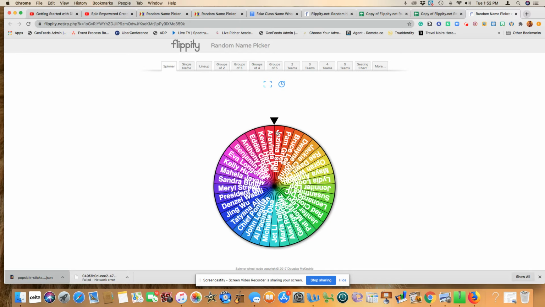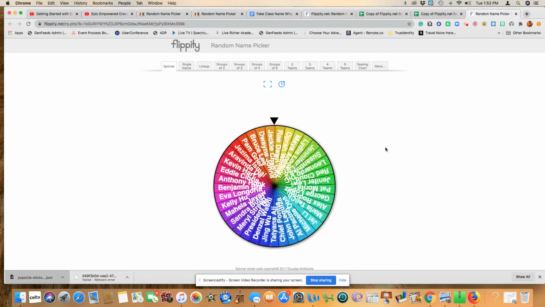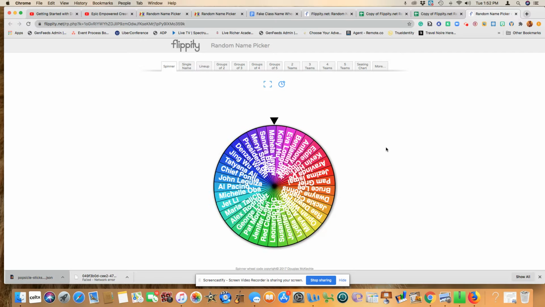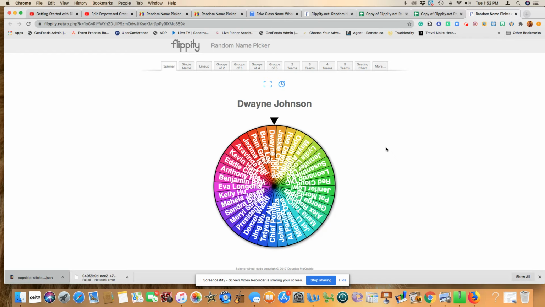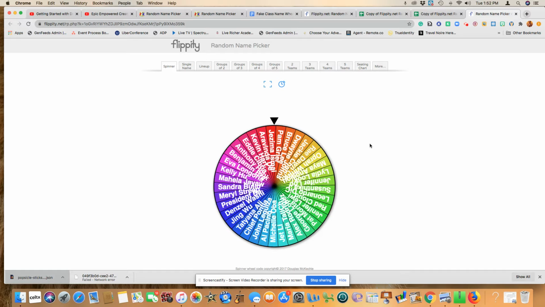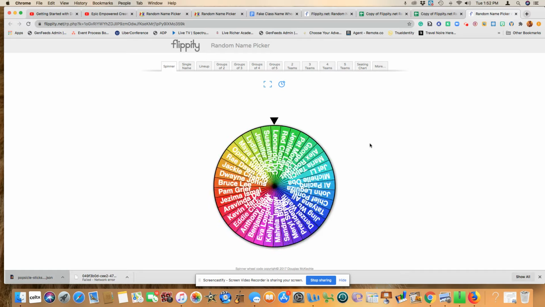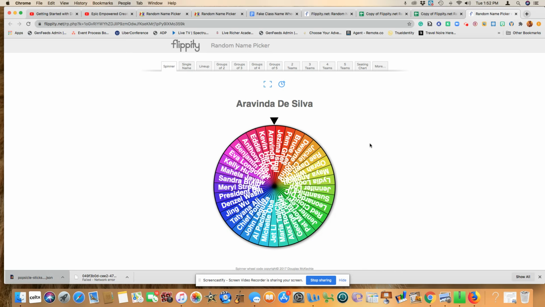You could use this wheel. So you would basically click here, and then it would land on a student, and then it will give you the ability to just go ahead and call on that student. So you would say, hey, Dwayne, what are your thoughts today with regards to blah, blah, blah? So whatever the plot is, and then you would just press, and it will take you to another student. Okay. So at that point, then you can call on the next student to make sure again that you have